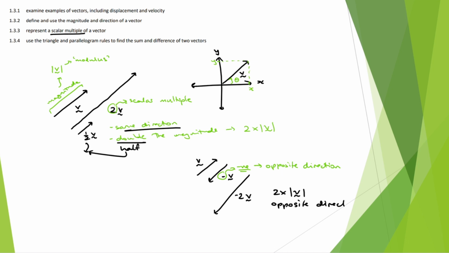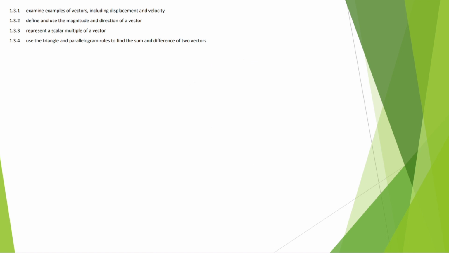with twice the magnitude of my initial vector and the opposite direction. So negative scalar multiples cause the direction to flip, whereas the magnitude of the coefficient, in this case 2, is going to change the magnitude of the vector itself. So now that I've introduced scalar multiples and opposite direction negative scalar multiples, we can look at both vector addition